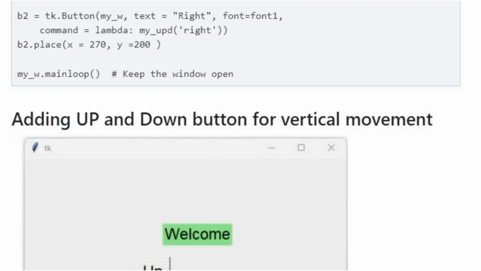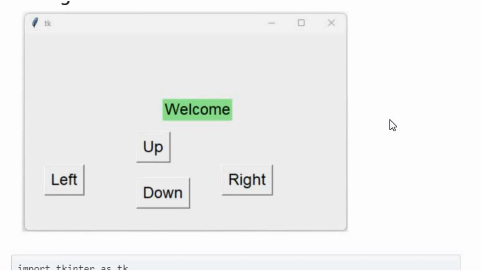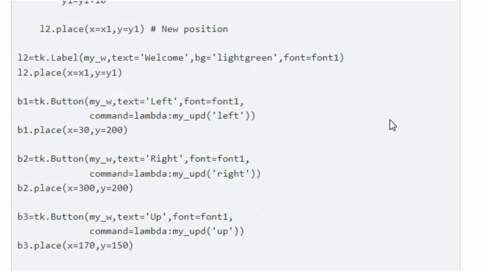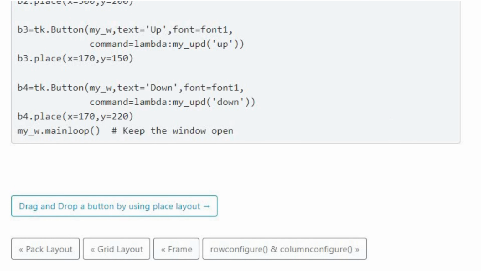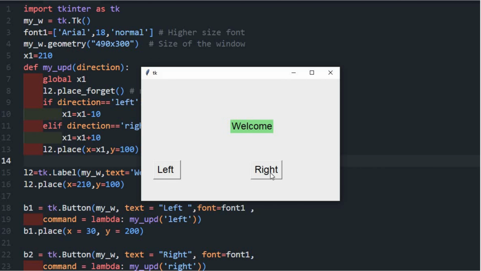Speaking of interactive, what about moving elements around? I saw some code examples where you could use buttons to move a label around. Left, right, up, down. Yes. Now we're getting to the heart of dynamic layouts. Those examples show how simple functions can be used to recalculate an element's x and y coordinates each time you